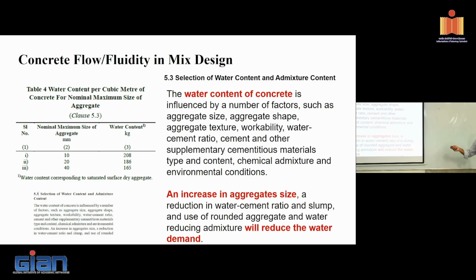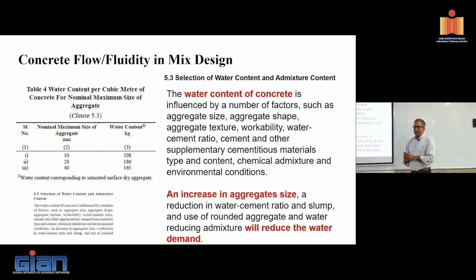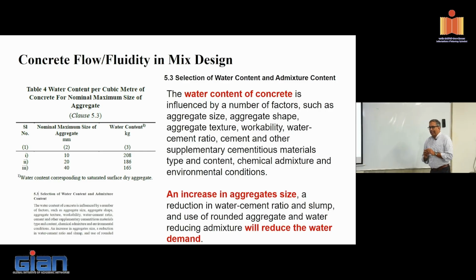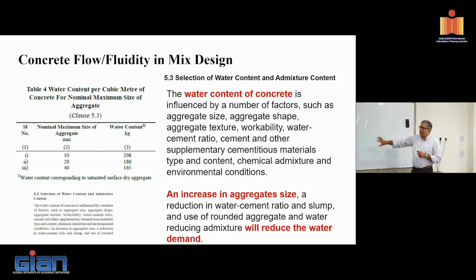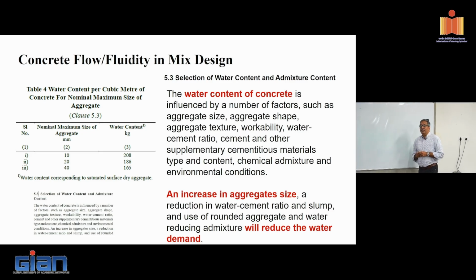And there's an elaborate explanation of that, which says that basically water content is influenced by a number of factors. They always try to hide behind a lot of factors, but the most important factor is the paste content. And what controls the paste content? Because you're already stiffening up requirements on cement and other things, basically they're regulating the water requirement here. And an increase in the aggregate size will reduce the water demand. Water demand for what? Flow. To induce a certain flow behavior of concrete. Why? That is controlled by the paste content.